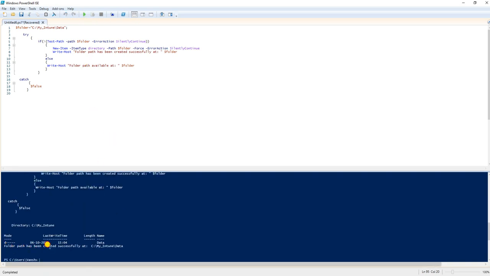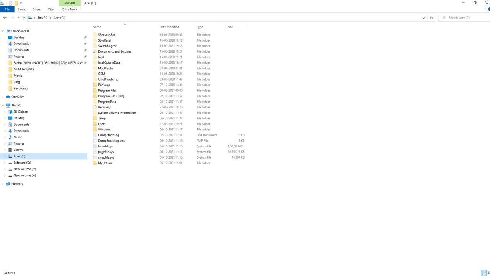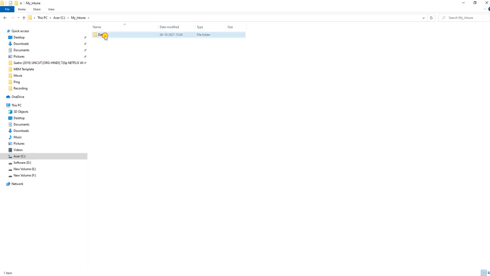So now the folder path has been created and let's validate in the folder whether it's created or not. So this folder is created and there is one more folder created. So our job is to create this folder via the Intune console, or any PowerShell script which can be used for remediation, or to fetch any data, modify, create, delete, anything. It's up to you what kind of script you want to deploy via Intune. So you can do that.